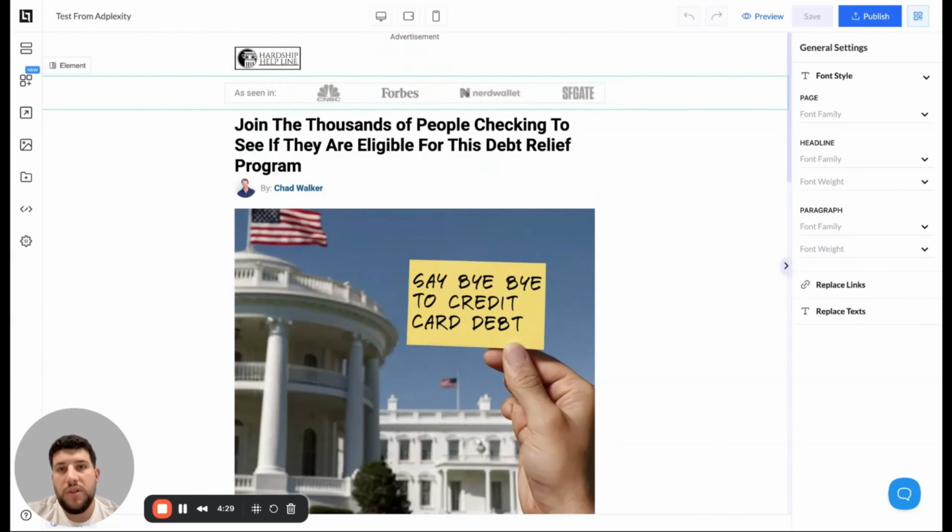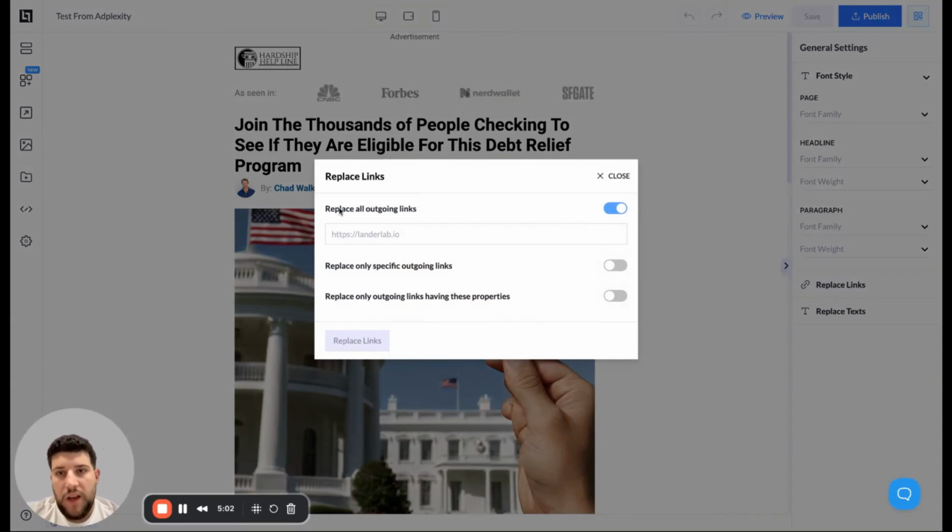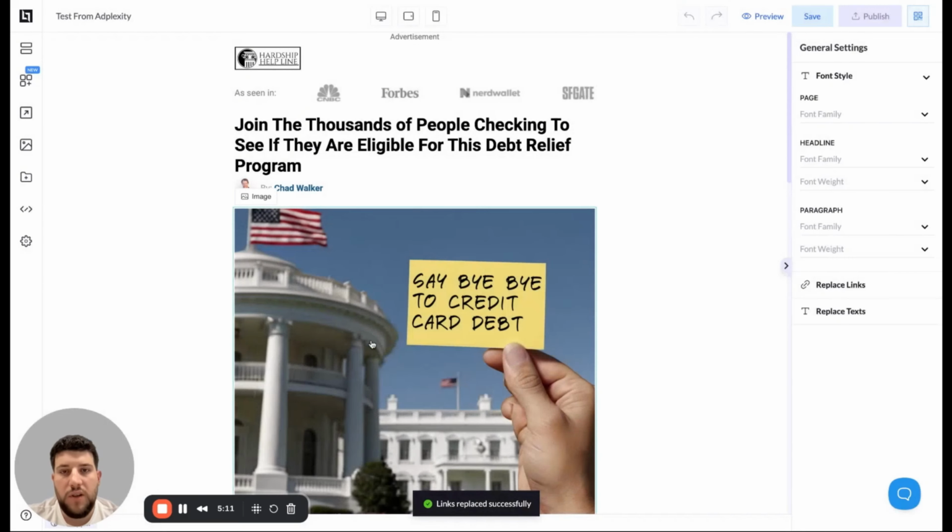What I like to do first is replace all outgoing links with my offer. I don't currently have an offer, but for example, I will take the LanderLab.io link. So we go in replace links, select replace all links, press here LanderLab.io, and replace all the links. If we click save,